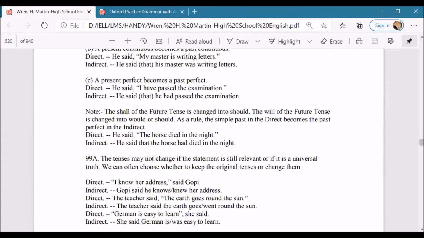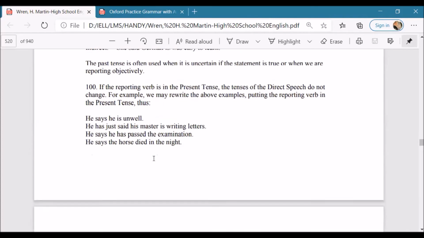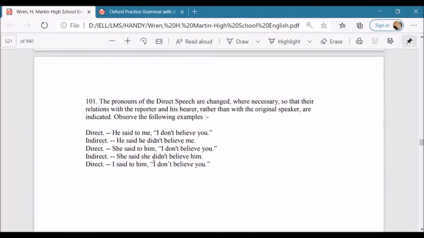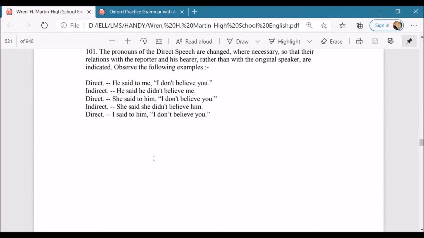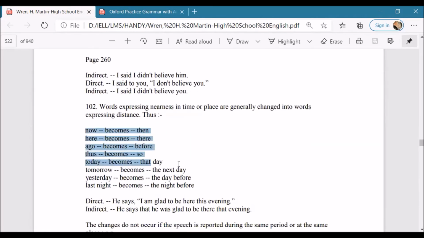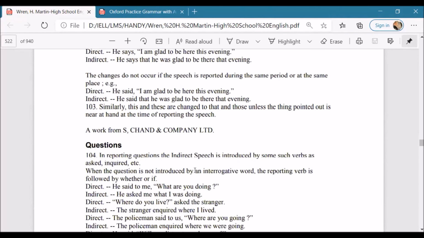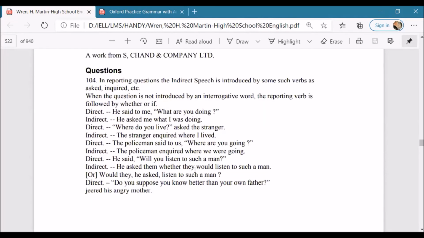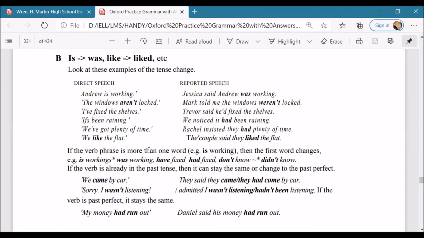Then we have certain more changes that we can observe here. Okay, so these are the rules that would be clear. You can take a screenshot of these things. So here is another screenshot that you can take. These would be really helpful for you. In a general context, we can use these words. And then we have questions, but we will reach there later.